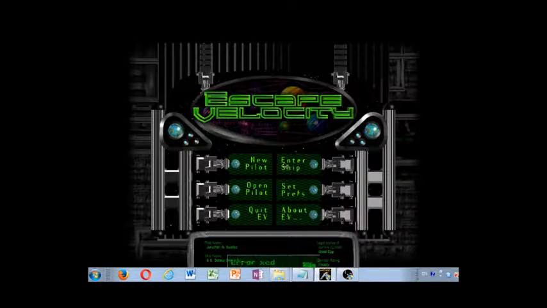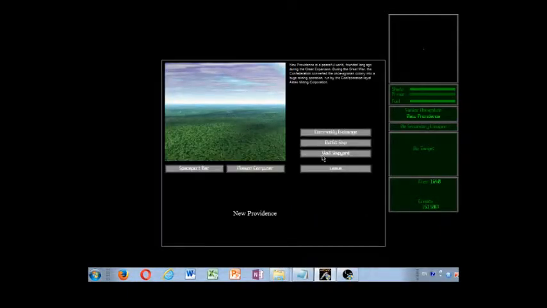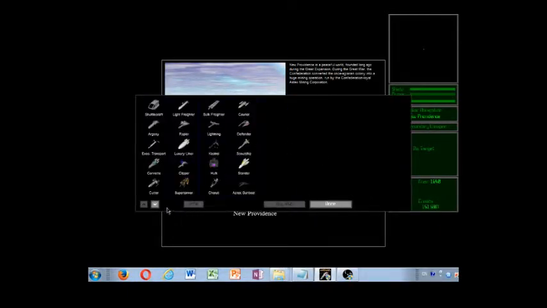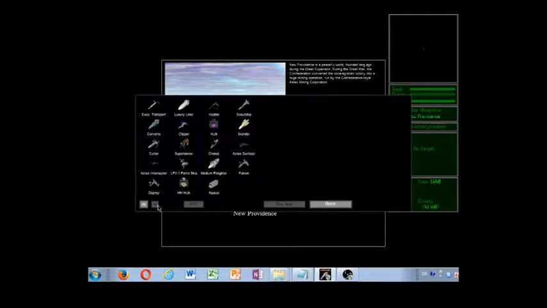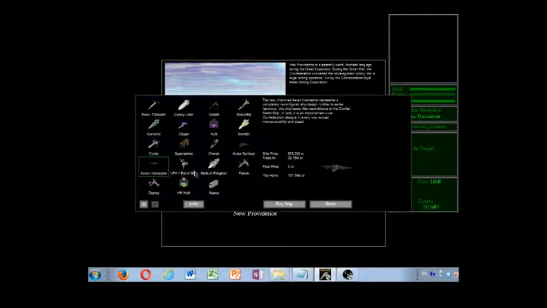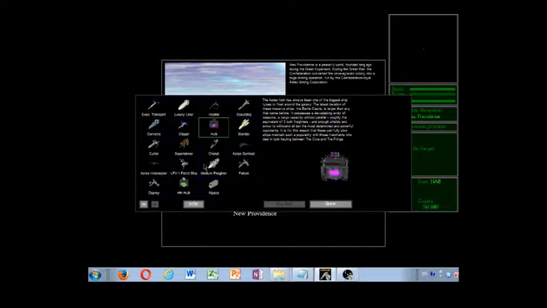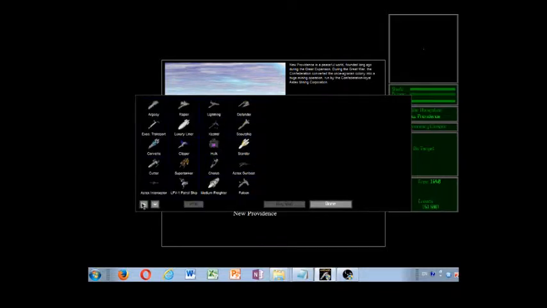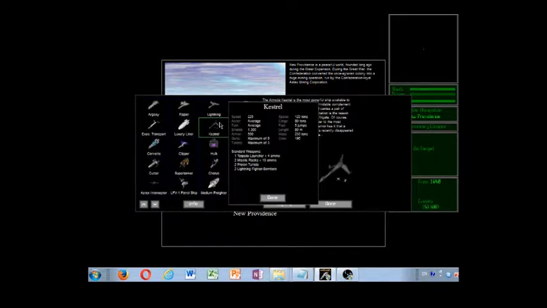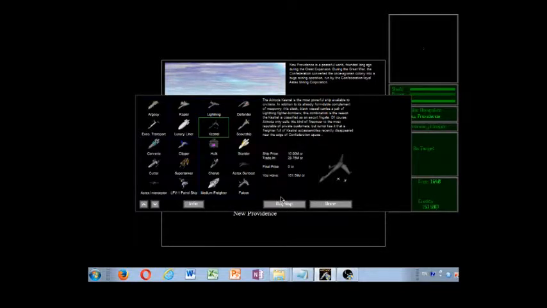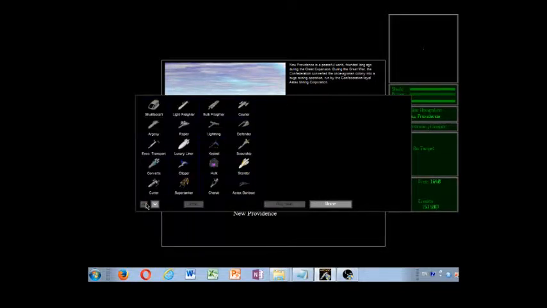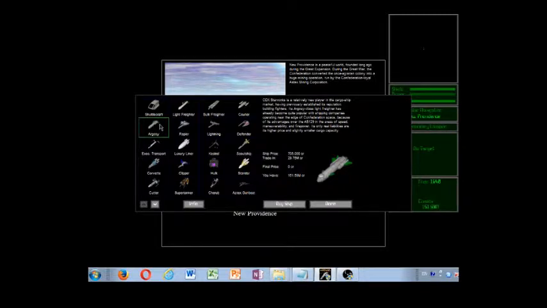Velocity is a space trading game which I've reviewed elsewhere, in addition to showing available editors. My previous project that I publicized on YouTube was an attempt at porting old Escape Velocity plugins, add-on ships, add-on missions, add-on star systems, and so on. And I already had all of the sprites and everything. I just had to figure out a way of porting them over from Mac OS Classic to Windows, in my